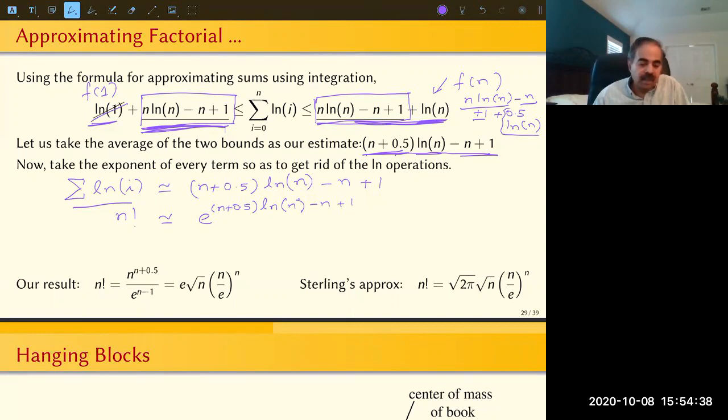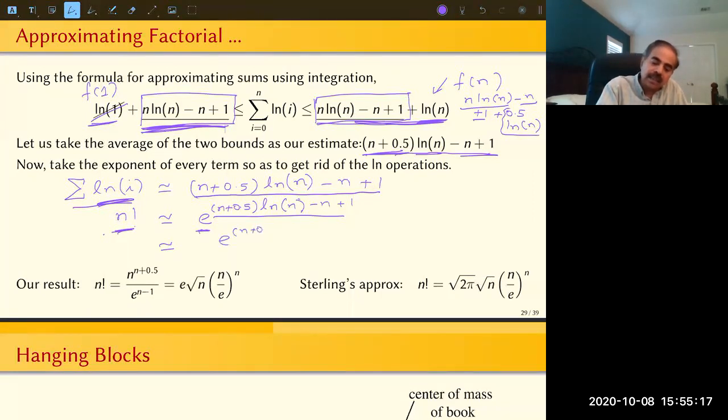So what we are doing, reversing the process, is simply raising it to the power of e. So you have e raised to this power, and when you raise the left-hand side to that power, you'll get n factorial. Then if you simplify what you have on the right-hand side, again, arithmetic on the exponent becomes product or division in the number, right? So this is going to become e to the power n plus 0.5 logarithm of n